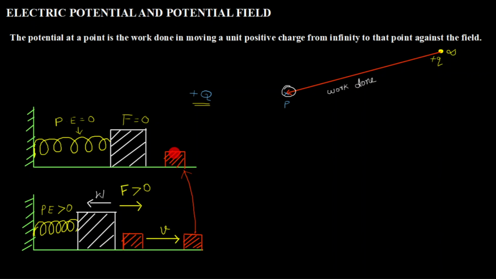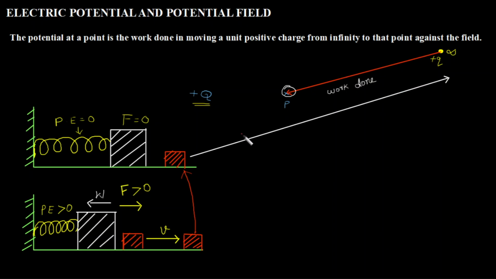So the first thing I should do is find a place to keep this box which is away from this. So in this example, this is the best position to keep this, but conceptually, I always assume that field exists everywhere around a charge and charge exists everywhere in the space. So the best place to keep this box is infinity, so that it will not experience any force. So I am keeping this box at infinity now. I hope this is very clear now. Infinity is very conceptual. Infinity, when I mean, it is very far, 500 kilometer, 5000 kilometer, 50,000 kilometer.